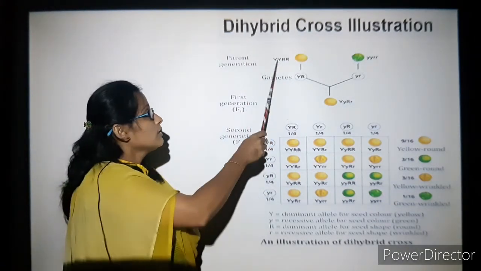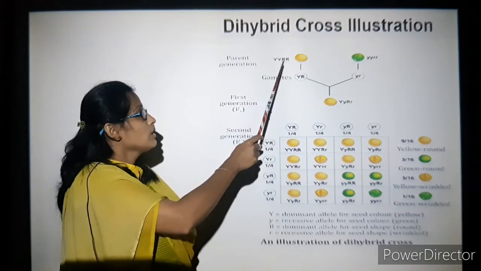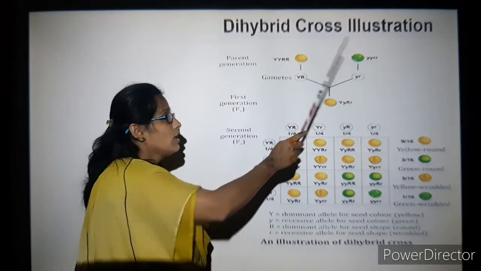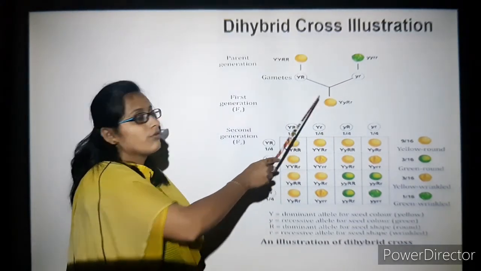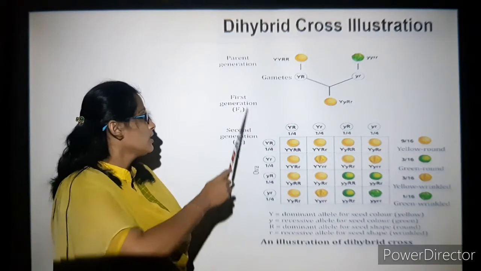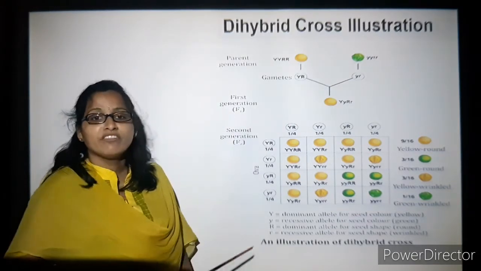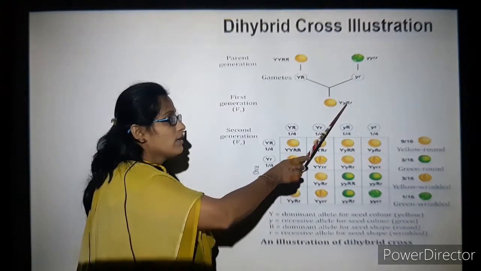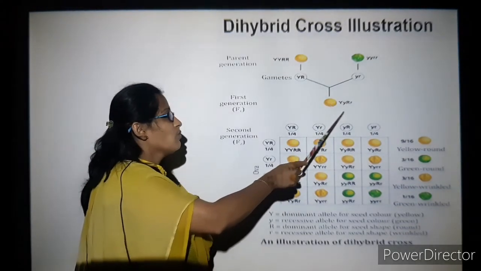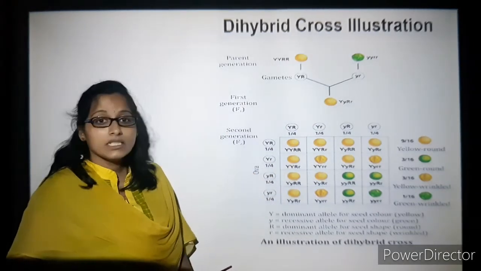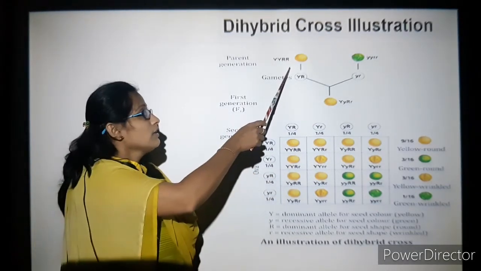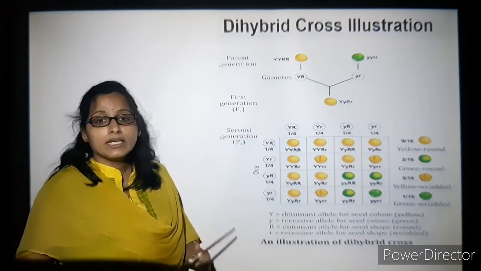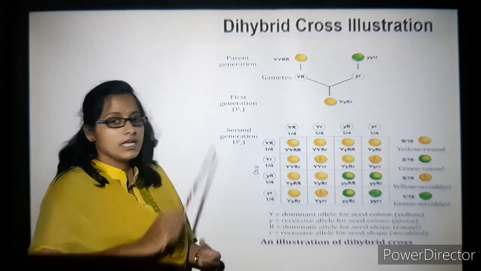Now what you will do here, the dominant only single gamete. So big Y and big R is crossed with small y and small r. What happens here, 4 of the characters are combined together to form the first generation or first filial generation. So it is big Y, big R, small r. But what is formed here? It is again yellow round, that is dominant in characteristics but hybrid in nature.